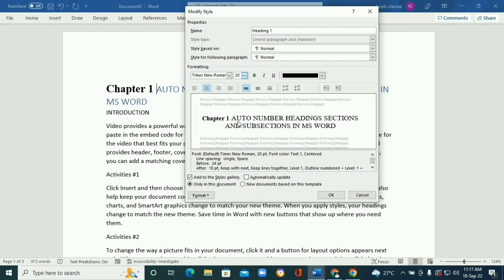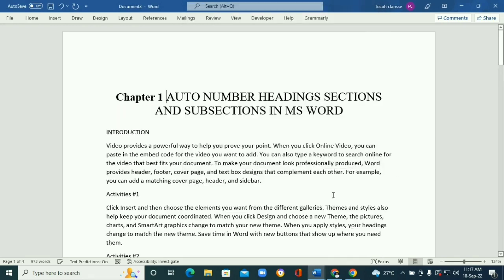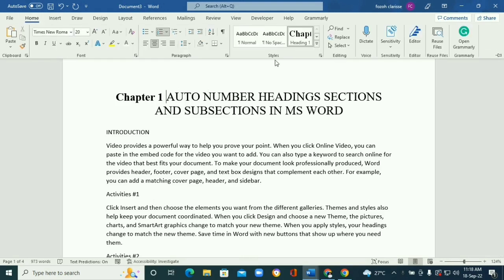Let's give it a 20. And then from here we can click OK. So you can see that it has been changed. You can see how it looks. So if you're good with it, then we can go ahead and do the same for